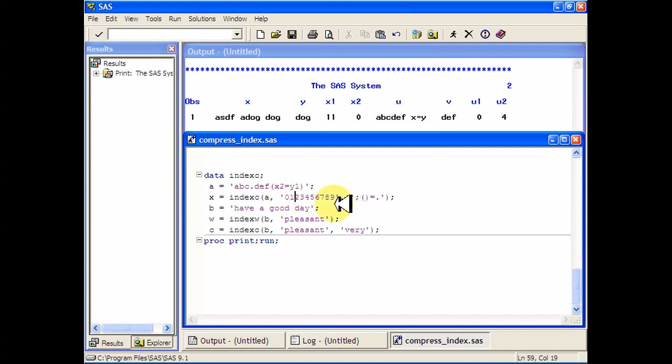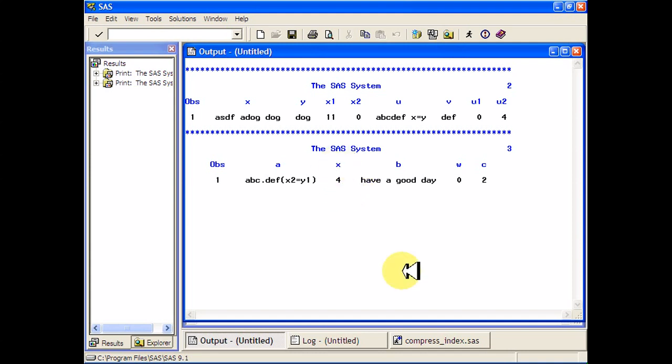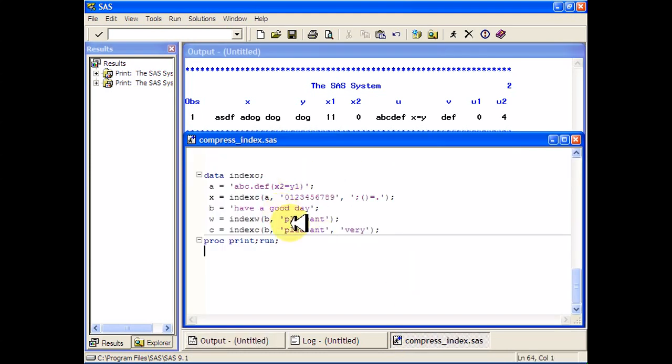So I don't have any zeros. I have a 1, it's way over here. I have a 2, it's right there. But I don't have any of these other numbers. On the other hand, well, I don't have any of these little characters. I've got this dot, it appears right there, and because that's the first thing that appears as opposed to the 2 and the 1, because the dot is the first to appear, it'll report a 4. This Indexc function reports a 4 as the first value of this x variable. So if I run this, you see I got a 4. Now on the other hand, if I'm looking for